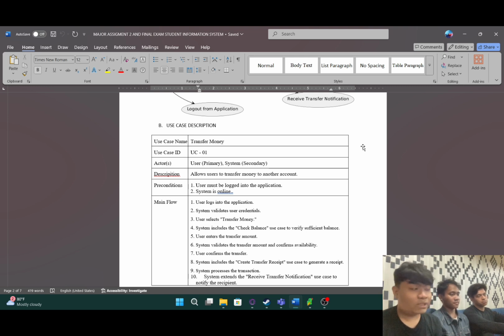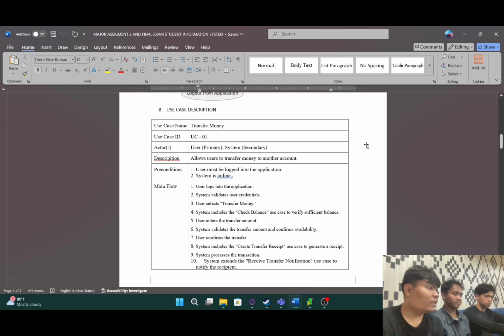For the main flow, first, the user logs into the application. Second, the system validates the user credentials. Third, the user selects transfer money. Fourth, the system includes the check balance use case to verify sufficient balance. Fifth, the user enters the transfer amount. Sixth, the system validates the transfer amount and confirms